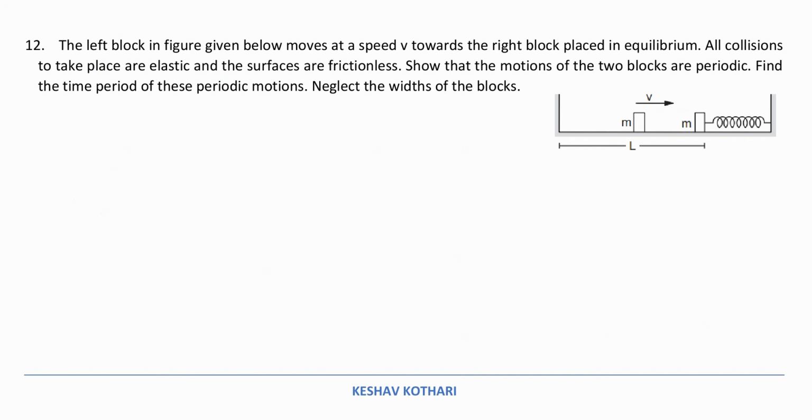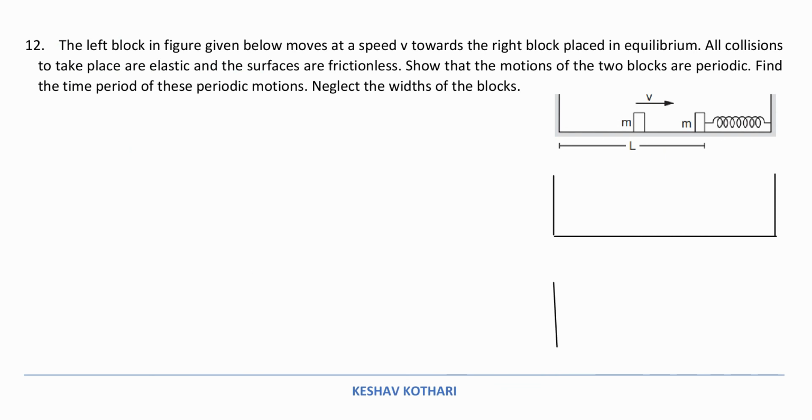So over here the question is saying that the two blocks are identical, that is they have the same masses, and the collision is perfectly elastic. So I can say on collision the momentum will be transferred to the other block, that is the block which is moving will come to rest and the other block will start moving. So over here this is the initial condition which is shown to us. So over here I can reconstruct it back again in this way. So I am reconstructing this system back again over here.